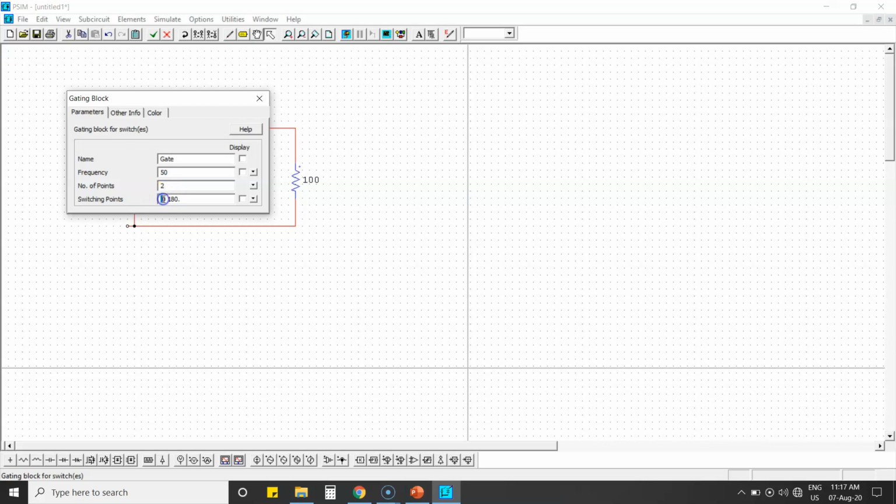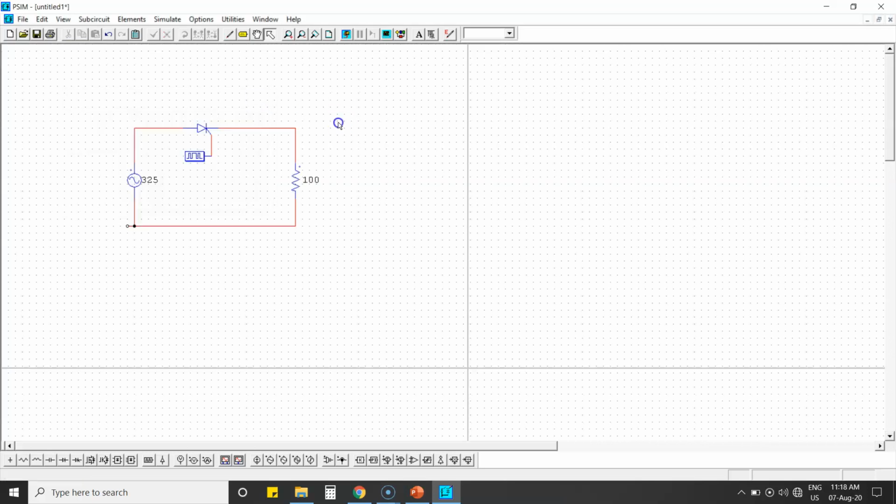So if I want the firing angle as 30 degree, it will start from 30 degree, right? Okay, it will start at 30, it will end at, even you can choose 35. Anyhow, as it is a thyristor, wherever you give the gate pulse, it will start conducting, and even if you remove the gate pulse, it will conduct till the current goes below the holding current. So switching points are just your firing angle plus 5. Okay, 30 and 35. It should be 2 points. If you give simply 1 point, it won't accept. It will show some error while running the simulation. Okay, so we have done this.